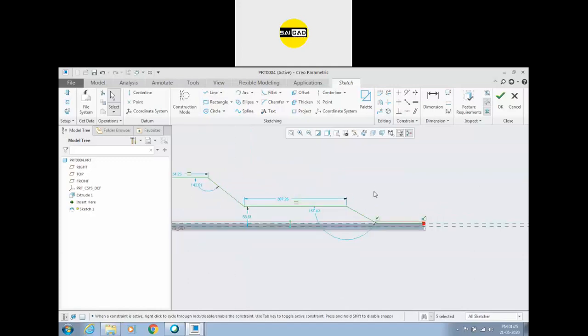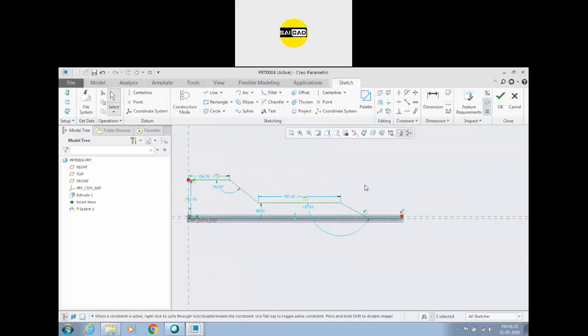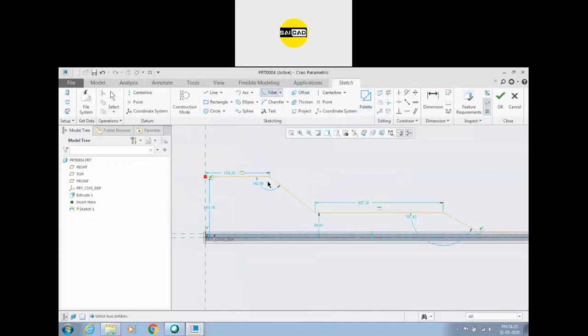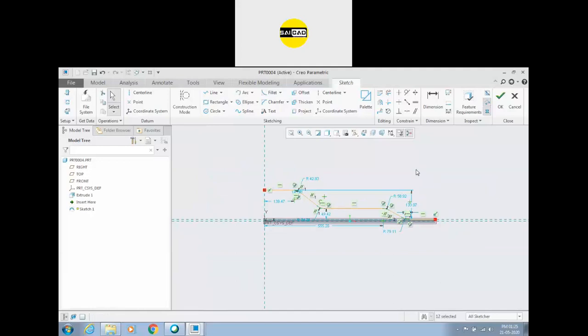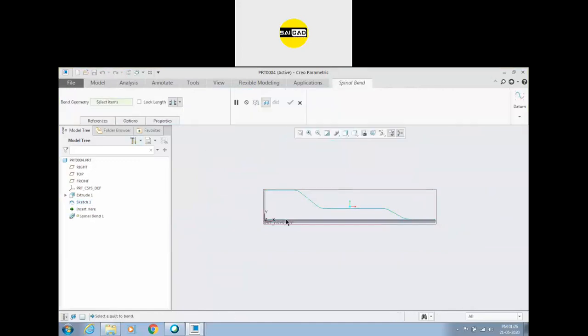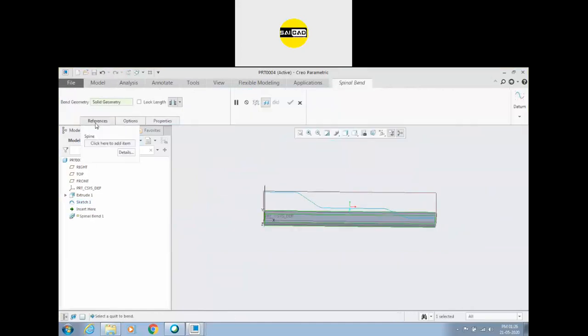You just have to create the path to create the shape. Just apply some fillets here, as we have done in the last class, and click OK. Go to the engineering, go to the spinal bend. First, you have to select the bend geometry, similar option, go to the reference, select the spine.